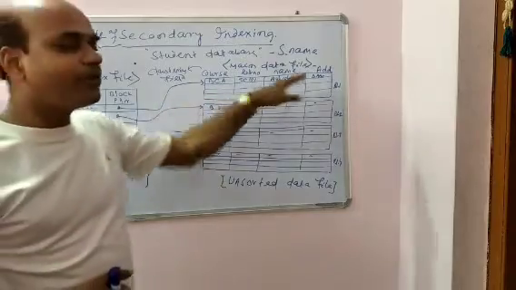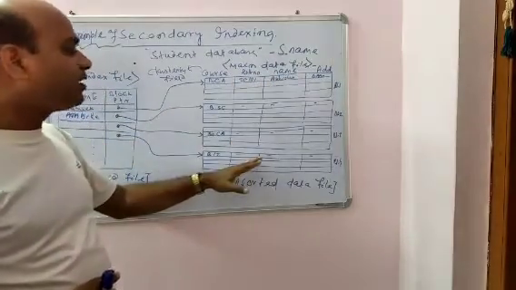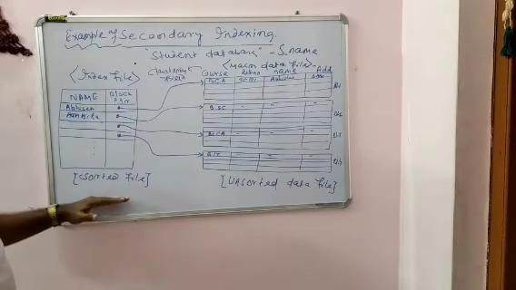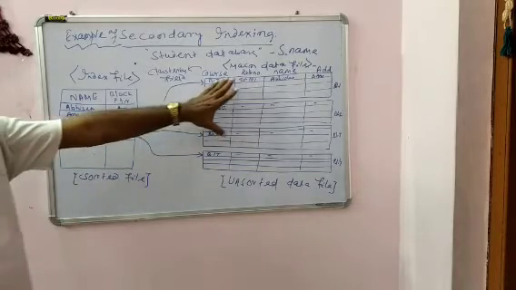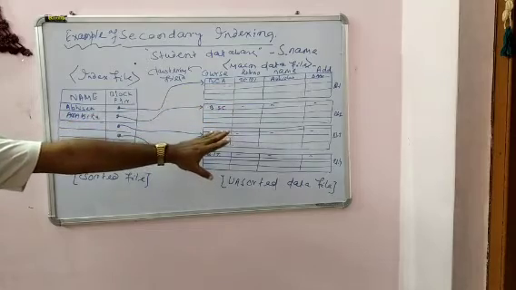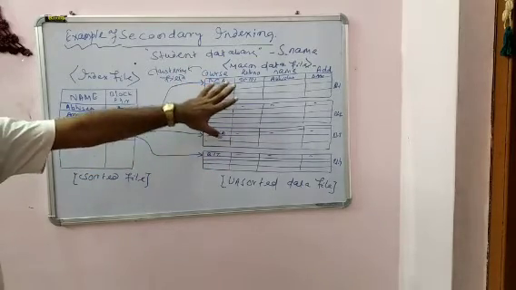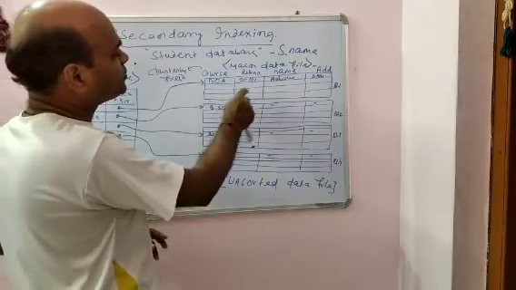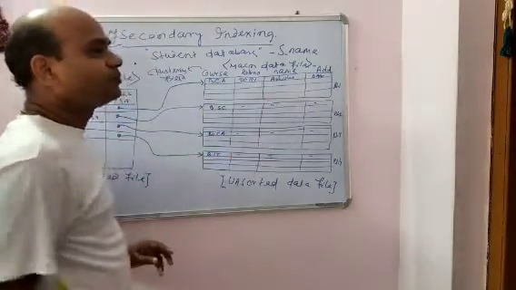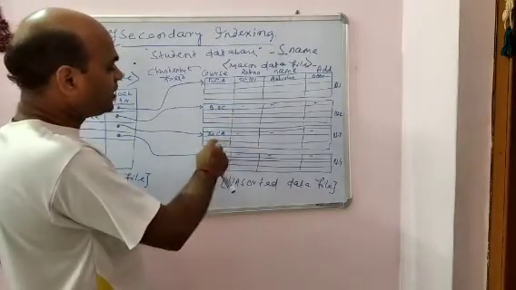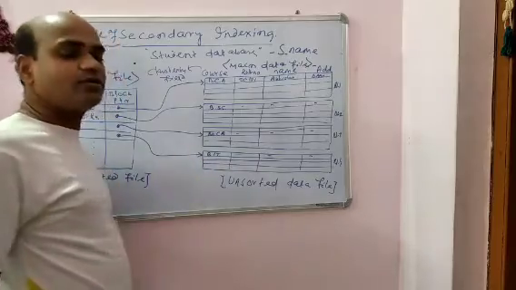Means the total number of records in the main file must equal the total number of records in the sorted index file. And also, all records in the main file, where the clustering field is course, that means first we store all records of BCA students, then BSc students, then MCA students, then BIT students.